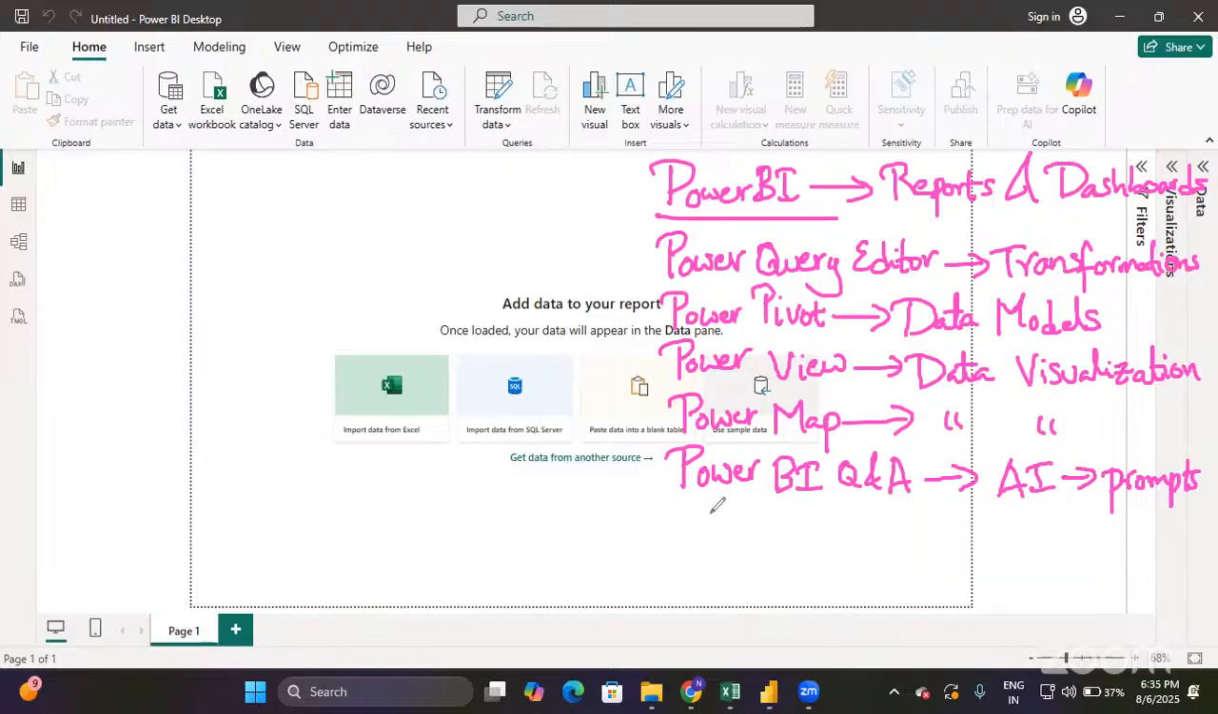Yes. And finally, the last component is Power BI service. So what does Power BI service do? The main purpose of Power BI service is for collaborating or sharing our work